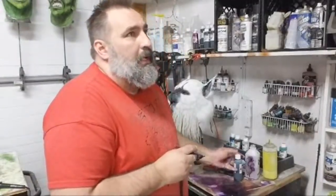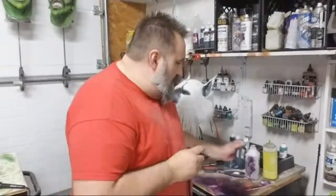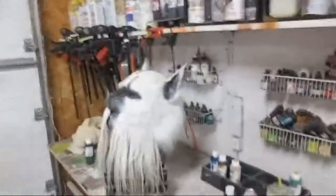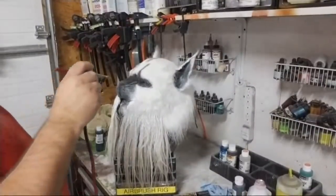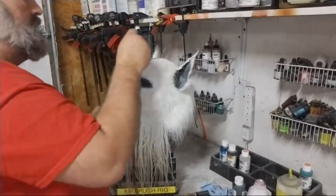This is shadow gray that I'm using right now. And again, I'm putting in the pattern that I painted on here earlier, just to get used to it. Put it up here so it's hot. But I'm about to do my...